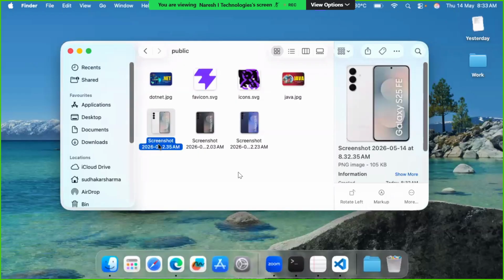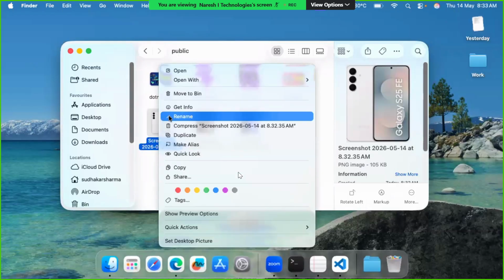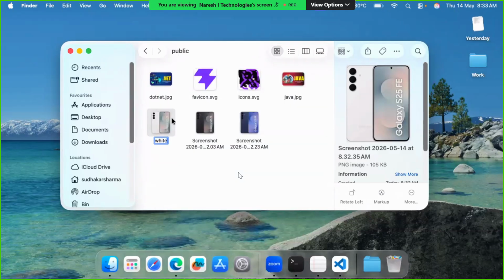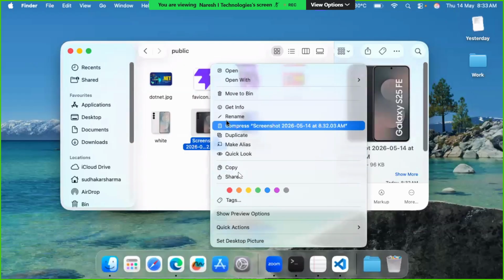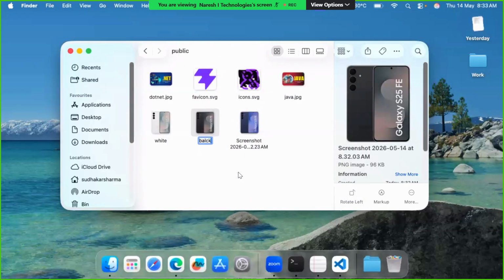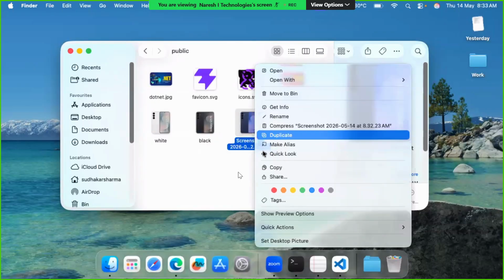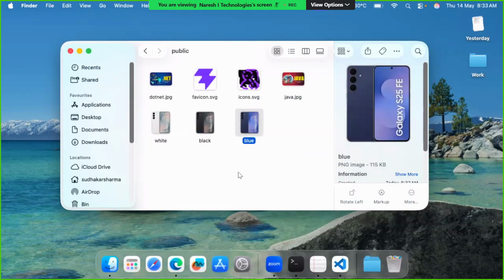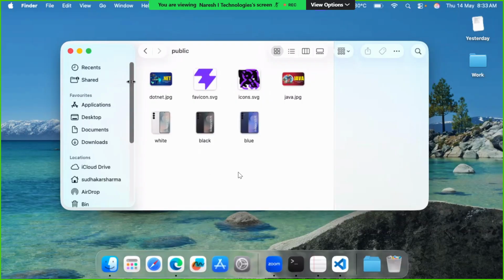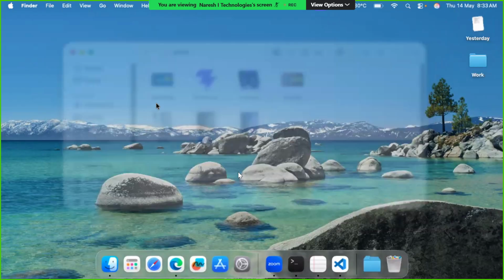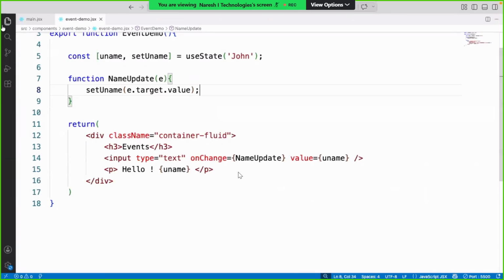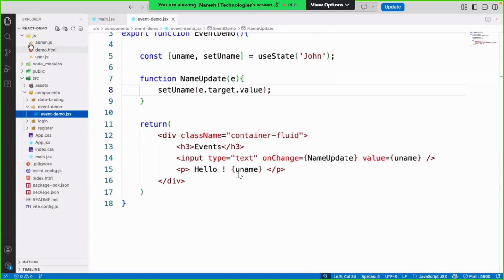And I will rename this as white, this one as gray, or black, and this one as blue. So this is white, black, blue, all PNG files. Okay, let's go. And what we are doing here is creating, in the public folder,